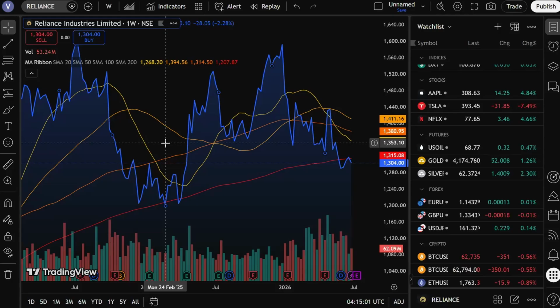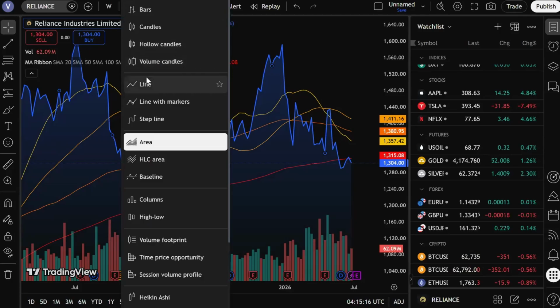This tab is for like there is a lot of data, and more than that, a lot of people want to view data in different ways. So you can do it from here. Now you can click over there again. We'll explore one more chart, then we'll move on to the next one. So there is only high low, or click on volume footprint. I don't know if volume footprint is